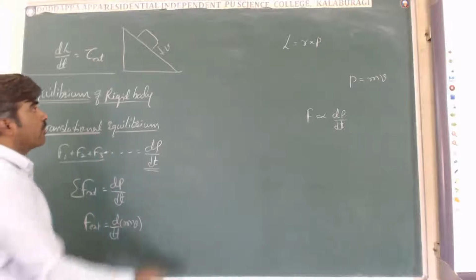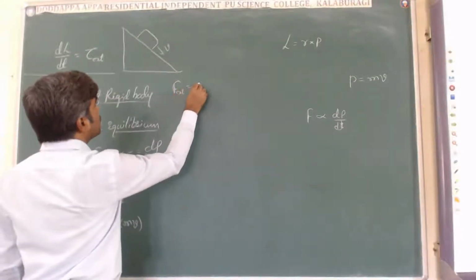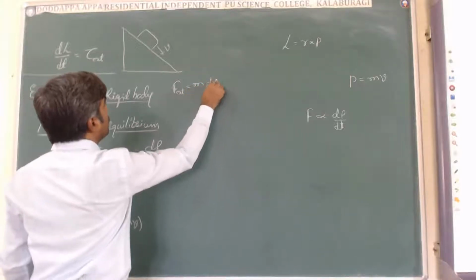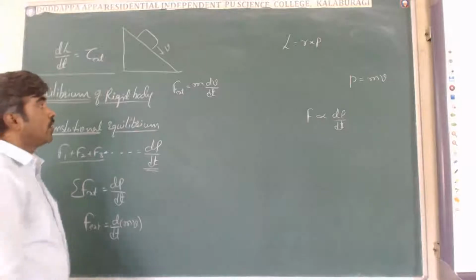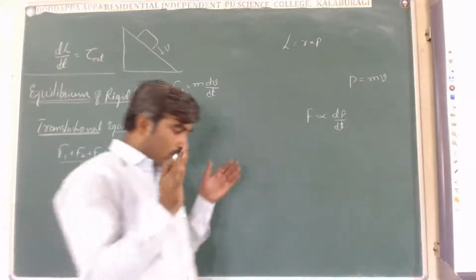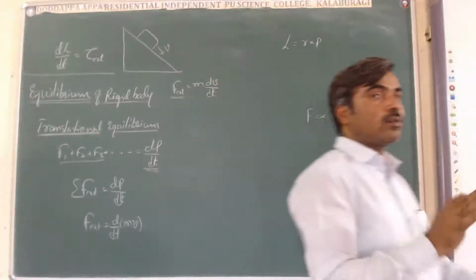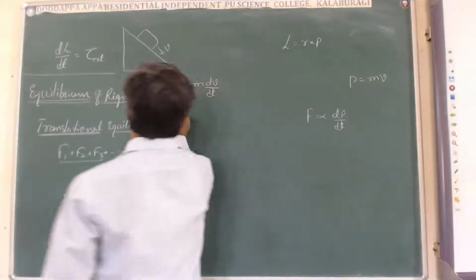The mass of the body remains the same, so F external equals m into dv by dt. Now the condition is, if F external, the total external force acting on the body, is 0,